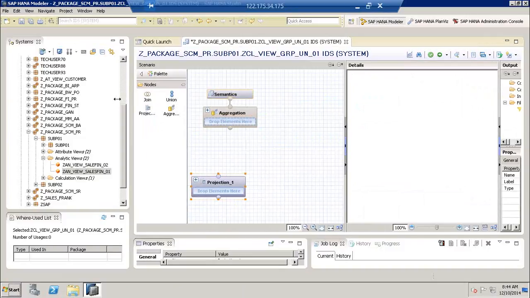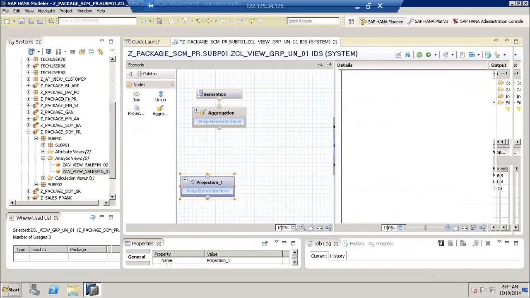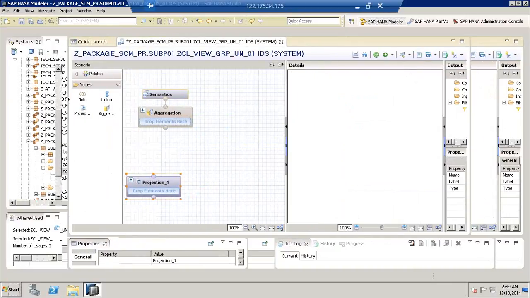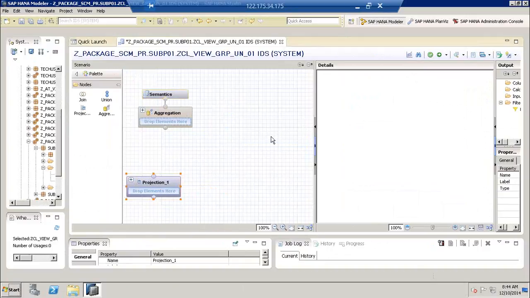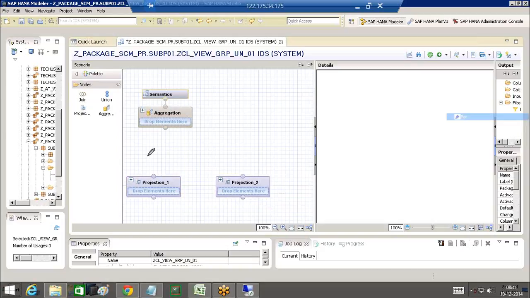For every provider, there should be a projection. If there are 5 tables to be merged, you're going to have 5 projections. In our example, we want to use 2 providers, so you're going to have 2 projections. You can align it likewise. Once you align, what we do next is to bring in those tables or the views